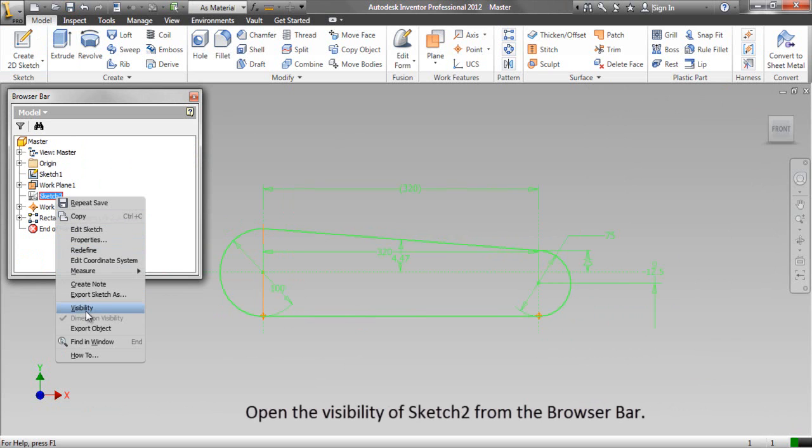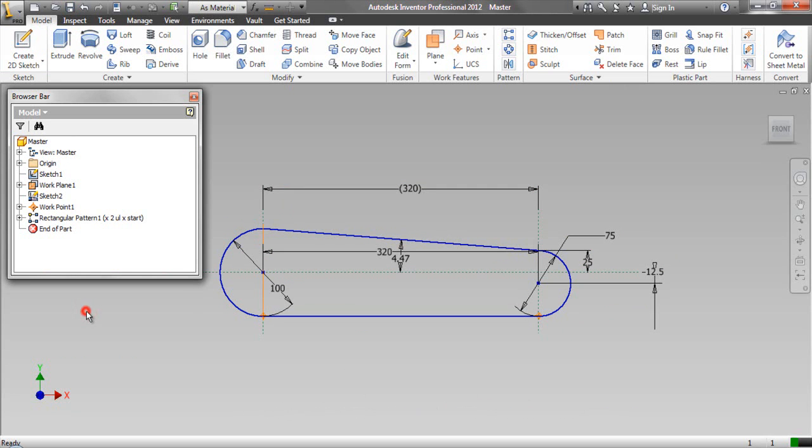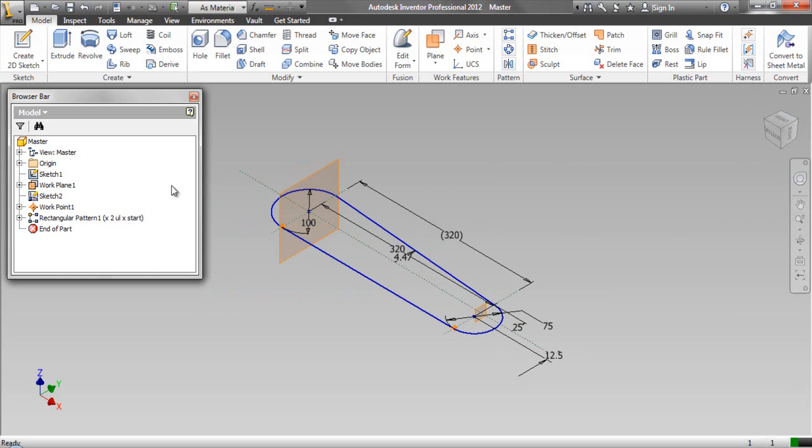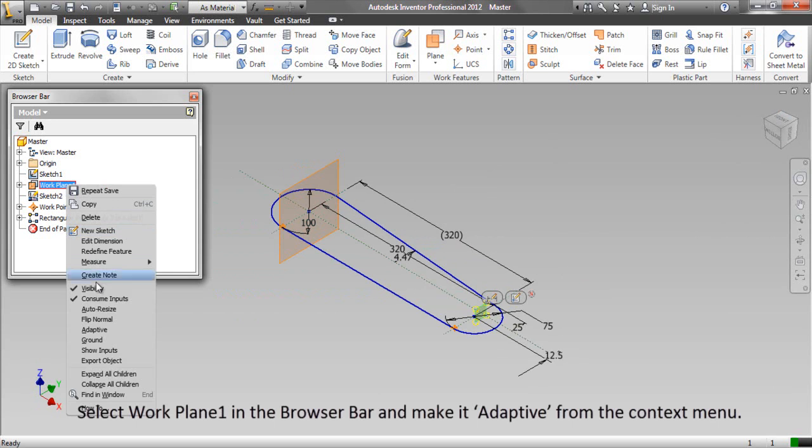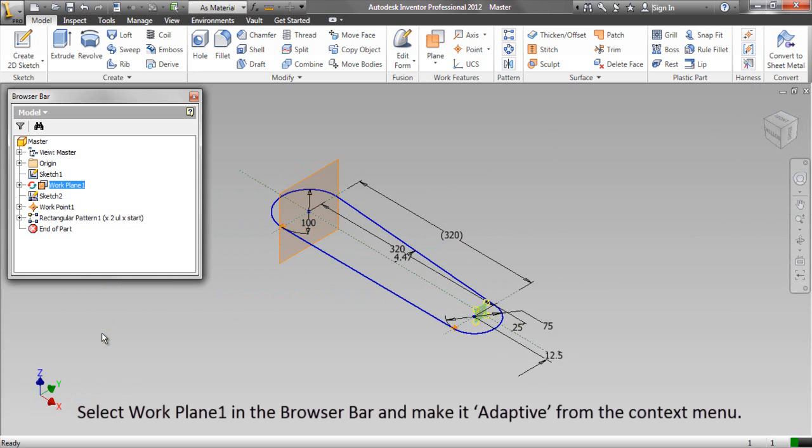Open the visibility of Sketch 2 from the browser bar. Select Work Plane 1 in the browser bar and make it adaptive from the context menu.